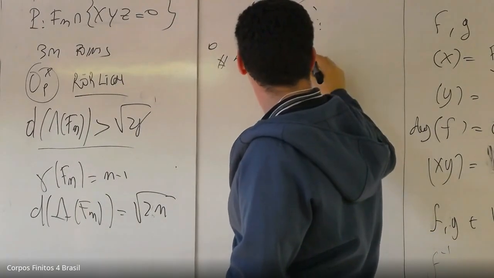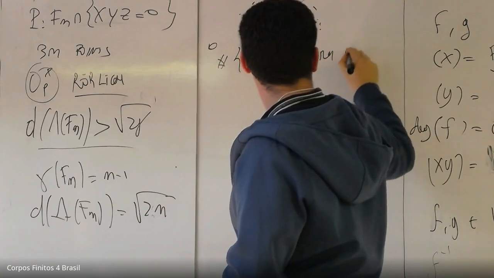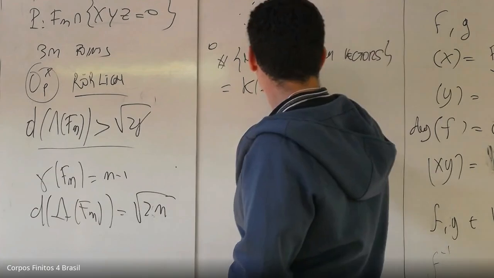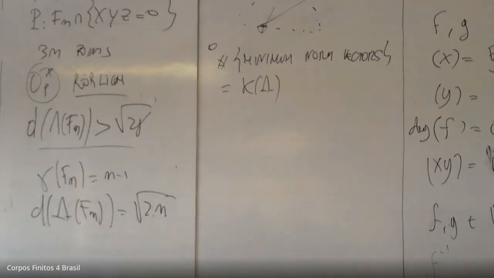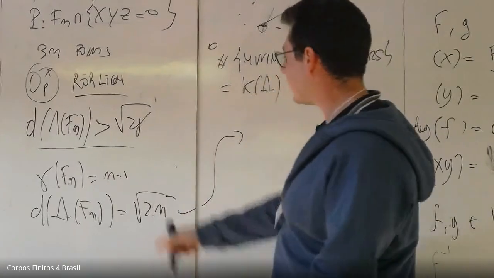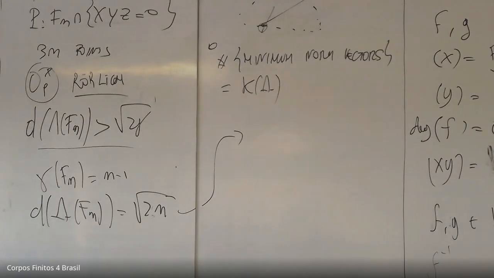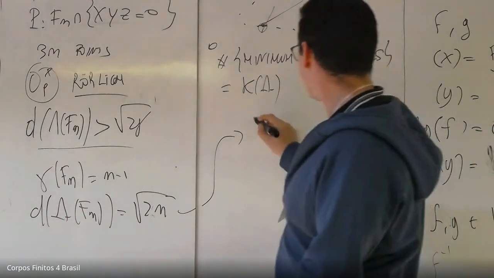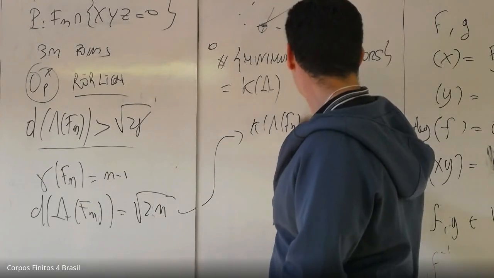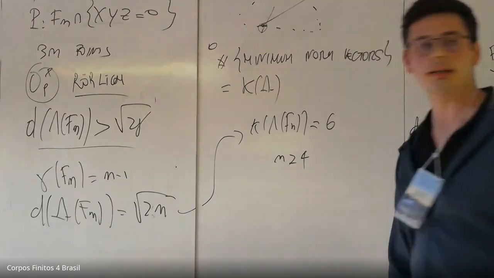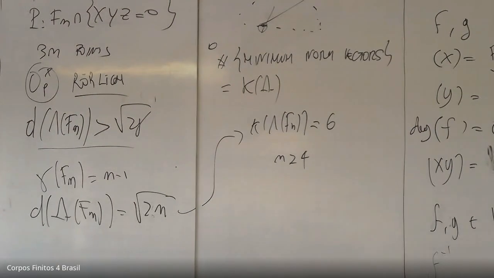minimum norm vectors. And this is called the Kissing number of lambda. And what we proved is that independent of the rank, usually when you have this kind of construction, the Kissing number sort of depends on the rank. But here, no, we prove that K of lambda of Fn is actually 6 for n at least 4. So you don't have a good density actually. You have few minimum length vectors. And